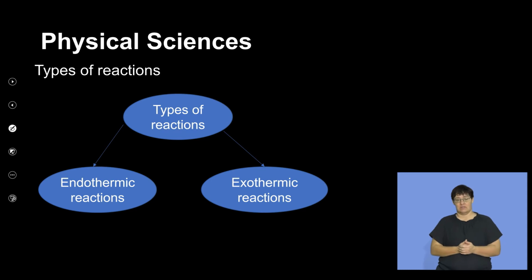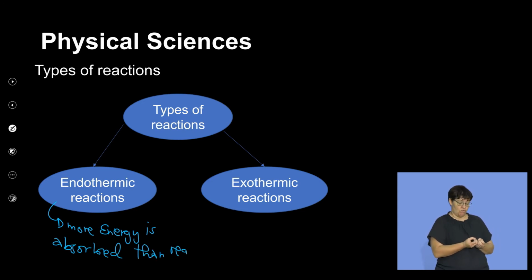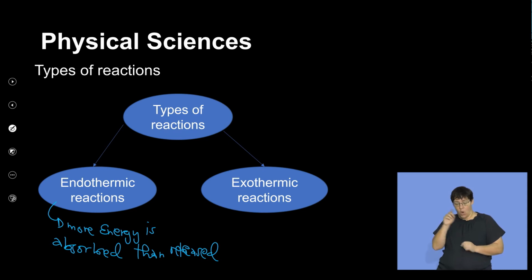Right. So the two broad categories of reaction are endothermic, in which we are saying that more energy is absorbed than released. Okay. So what we're simply trying to say here is that in an endothermic reaction, there is both absorption and release of energy. But in an endothermic reaction, more will be absorbed in comparison to what is released when new bonds are formed. And when we talk about an exothermic reaction, we are saying that more energy is released,